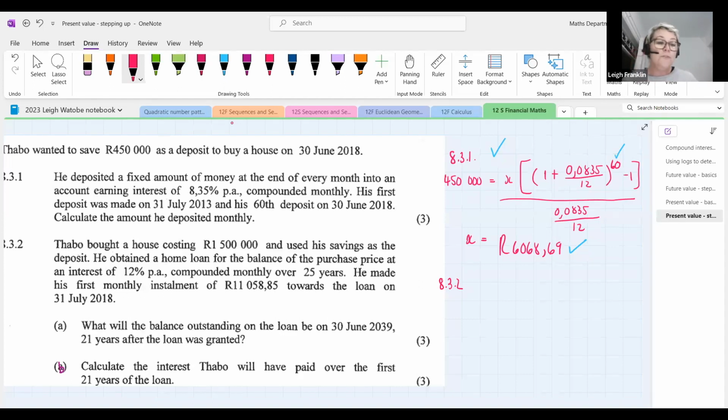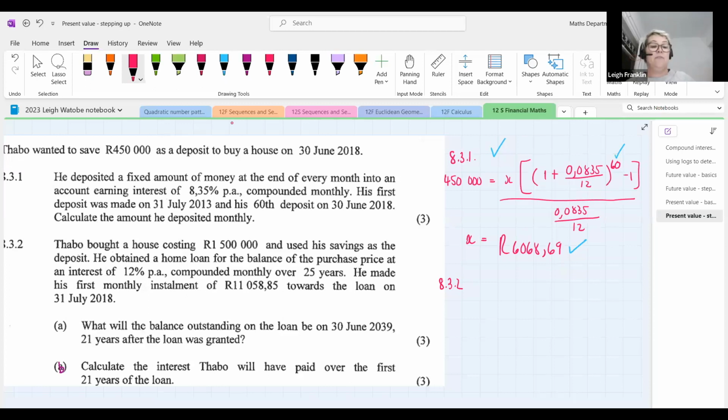So after saving for his deposit, Tabo now goes ahead and buys the house. In 8.3.2, he buys a house that costs 1,500,000 and he used his savings as a deposit. He obtains a home loan for the balance of the purchase price at an interest rate of 12% per annum compounded monthly over